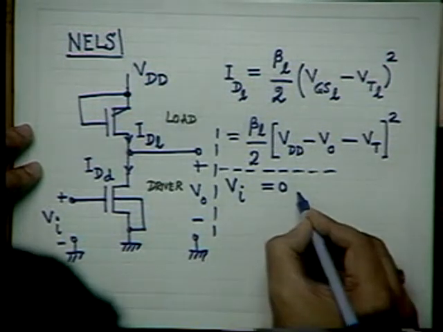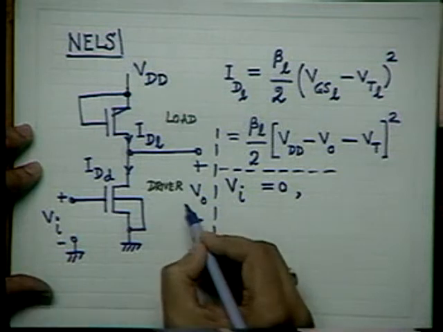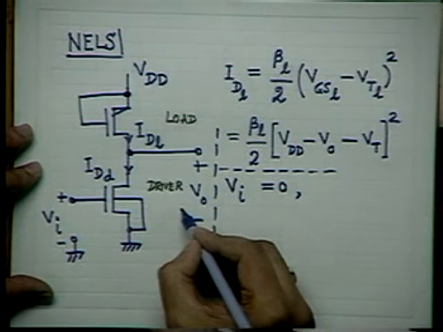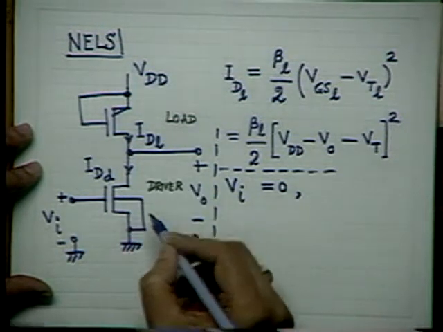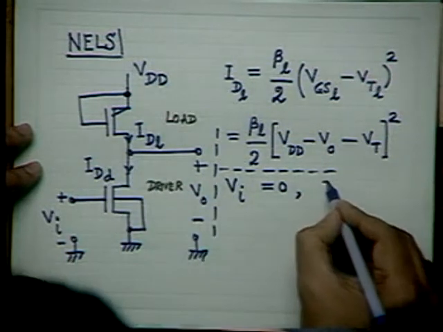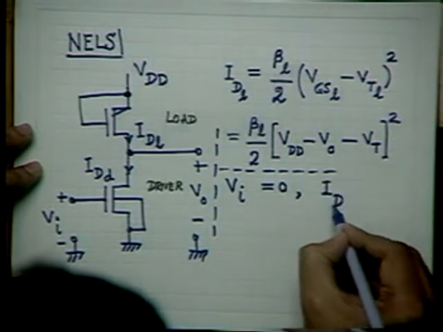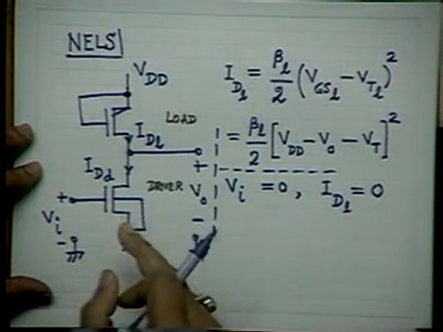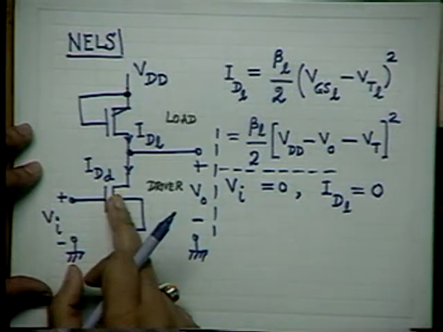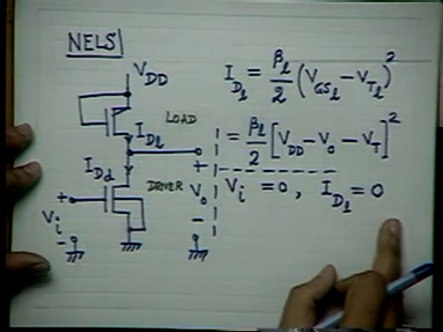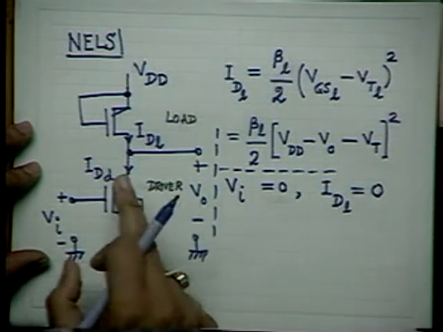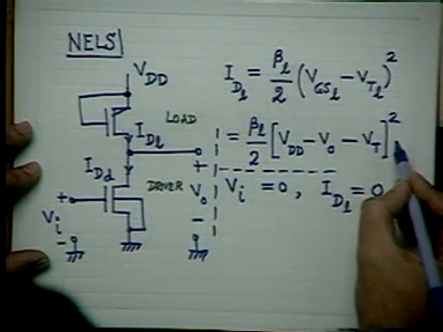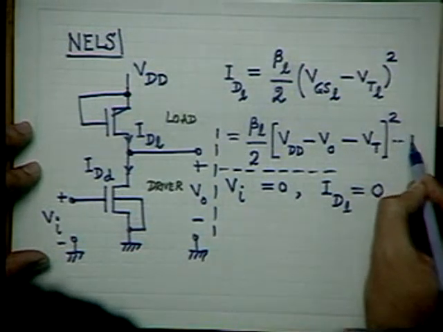In that case, we expect that the driver will be off. So naturally, IDL will be equal to 0, because the driver is getting the current through the load. If the driver current is 0, then the load current must also be equal to 0. And therefore, looking from this equation, which I call equation number 1,